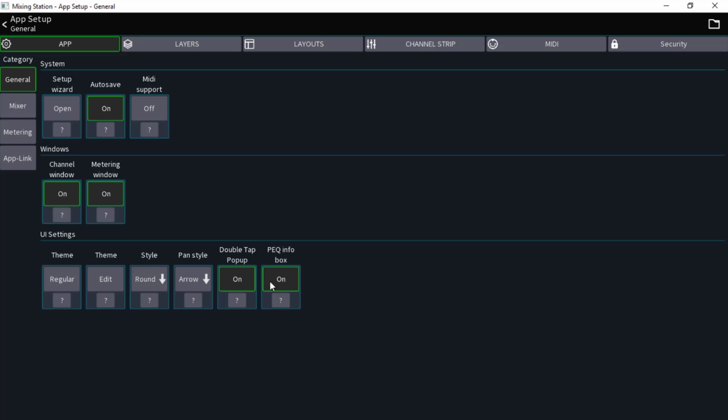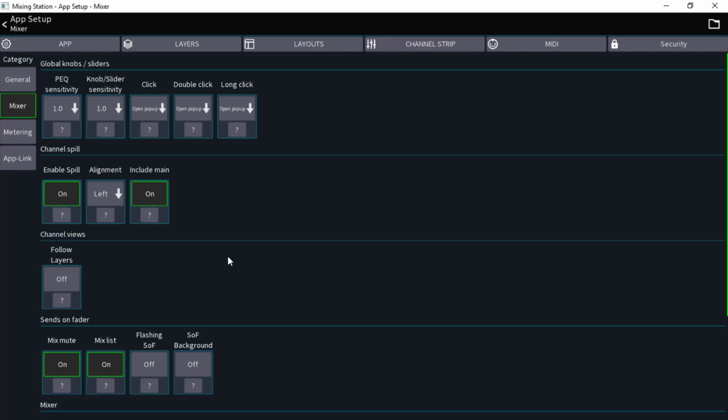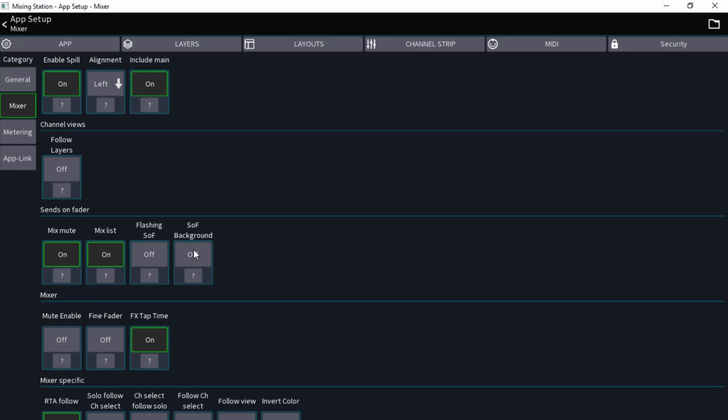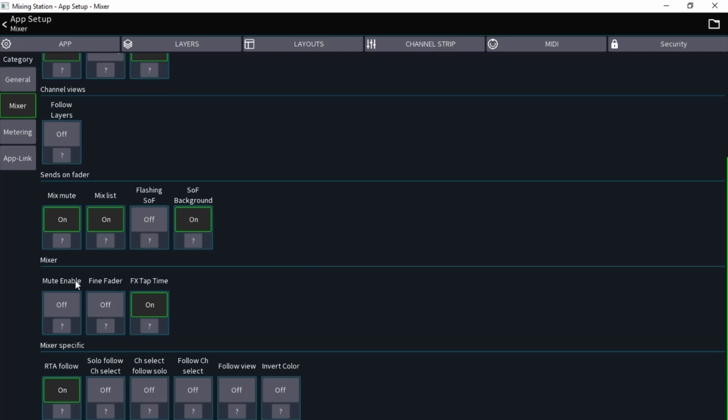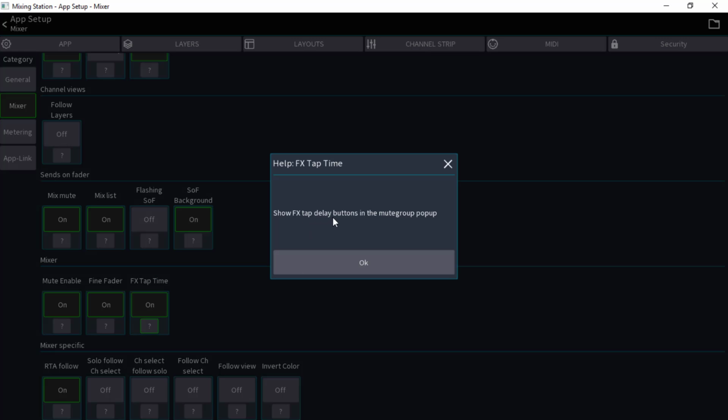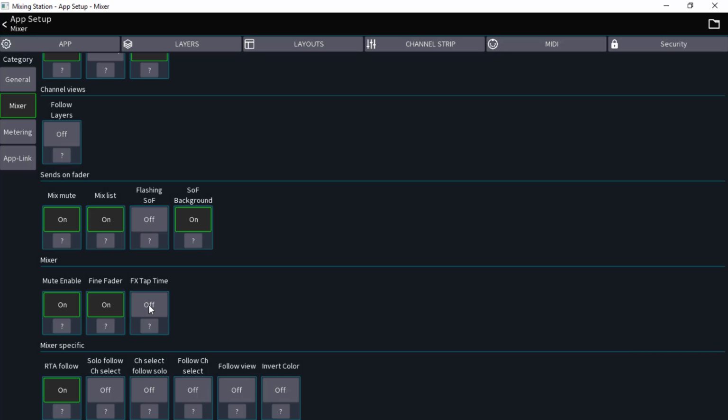Let's go back into setup, and I'm going to turn this back on. The flashing, I don't so much need. Here, the background's going to change for me. That tells me that I'm in Sends on Fader. Mute enable is on. Find fader is on. The FX tap time shows FX tap delay buttons in the mute group pop up. Okay, so if I turn this off now,